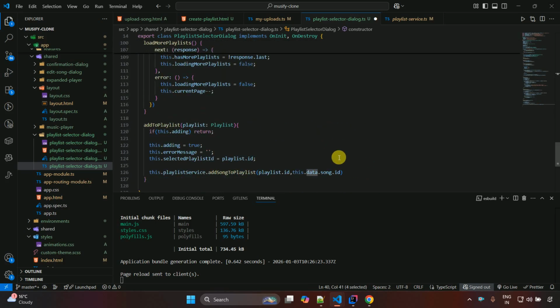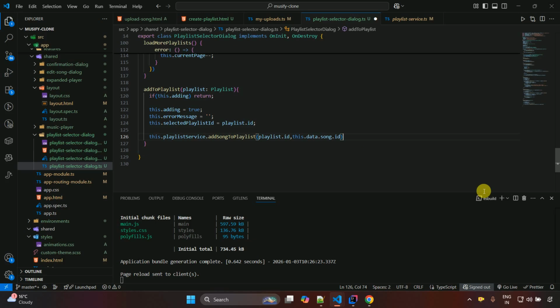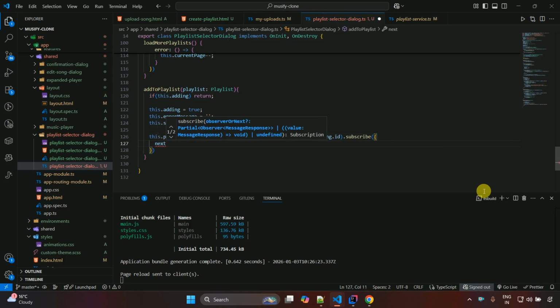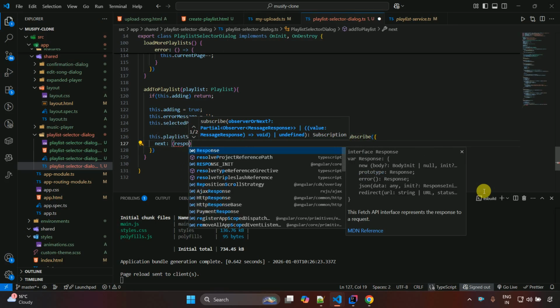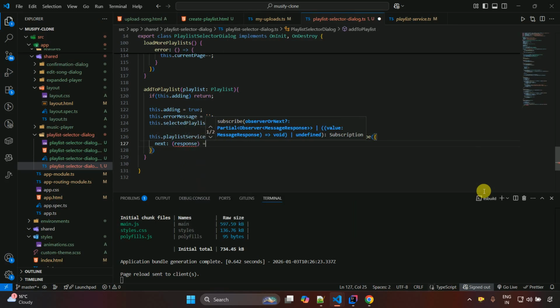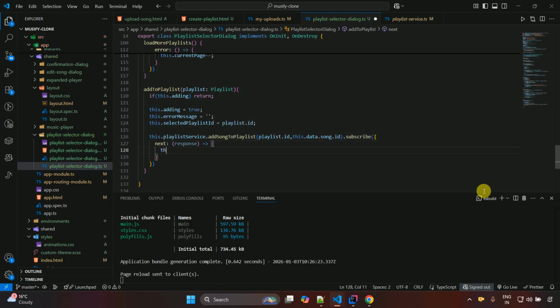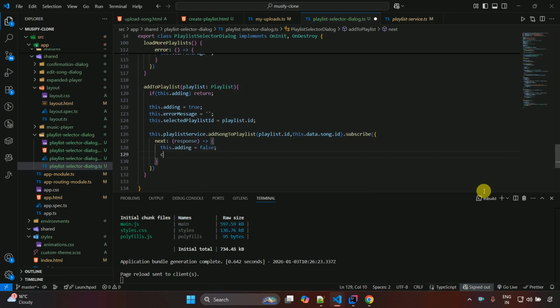Now get back over here, and after that we have to subscribe to this, with parentheses and curly brackets, then next, then response, then arrow and curly bracket, and after that this.adding is equal to false,